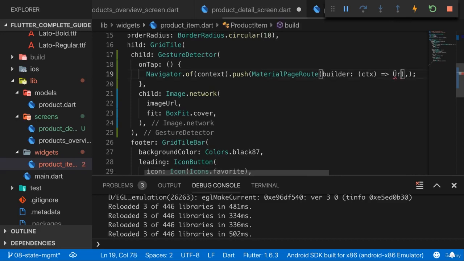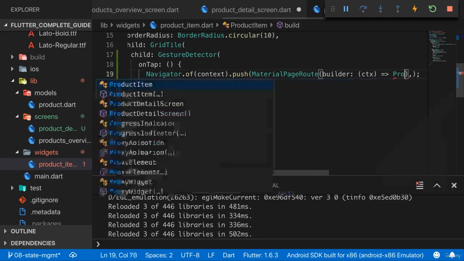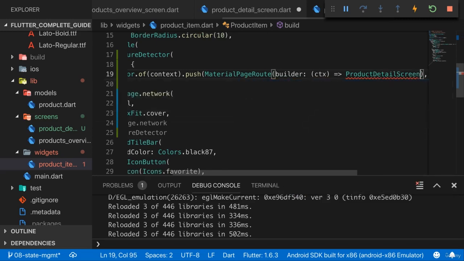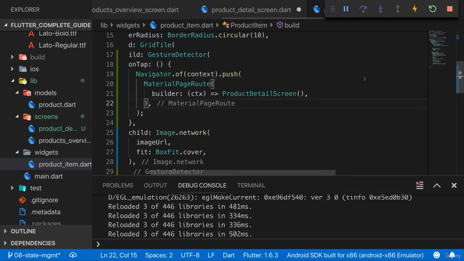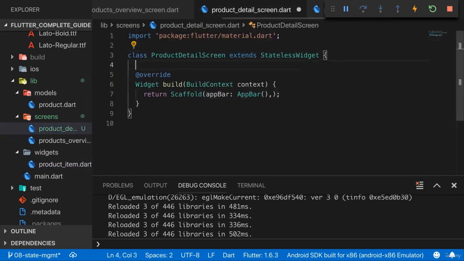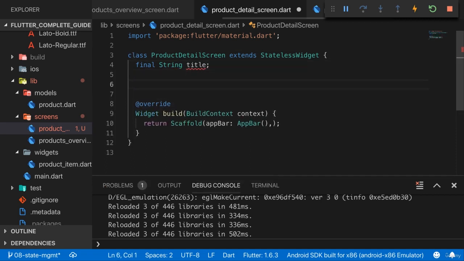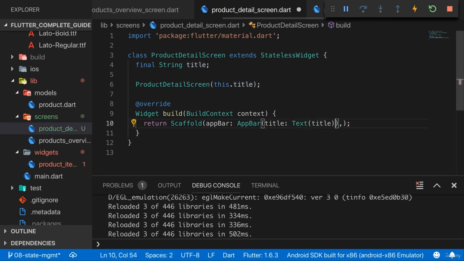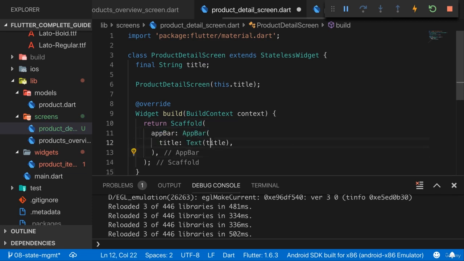So here we can then create a product detail screen like this. Now this is one way of doing it. And when the product detail screen now requires data like the title, then we can simply expect the title here as a property and therefore as an argument in the constructor, where we then simply store it in the property, and then we can reference this title property here in our widgets. And that should of course be a text widget with the title as a content. So now we can use the title property here in this text widget as a title for the app bar,